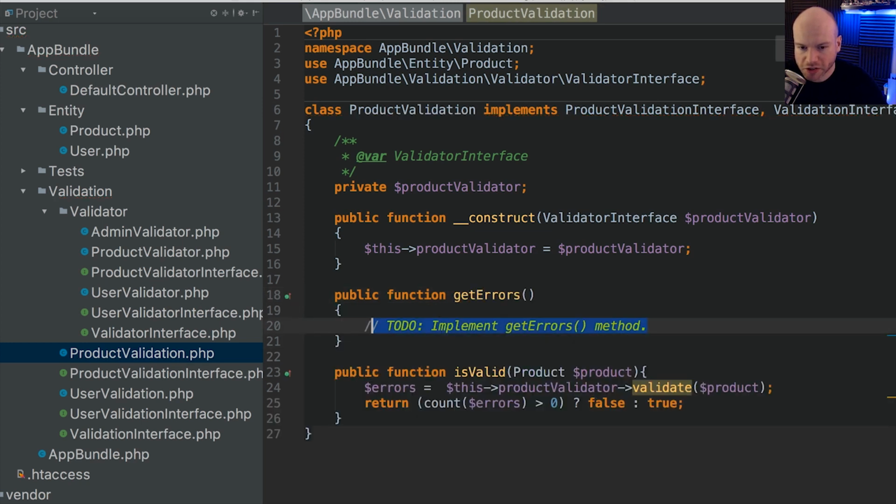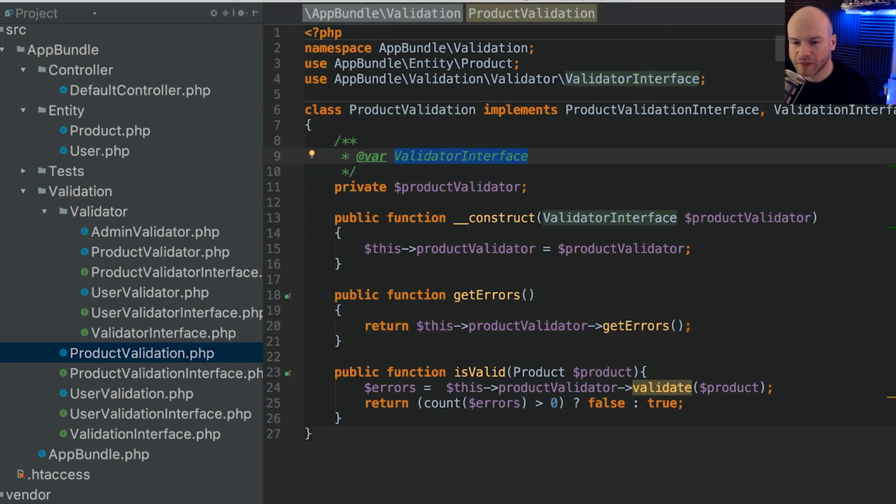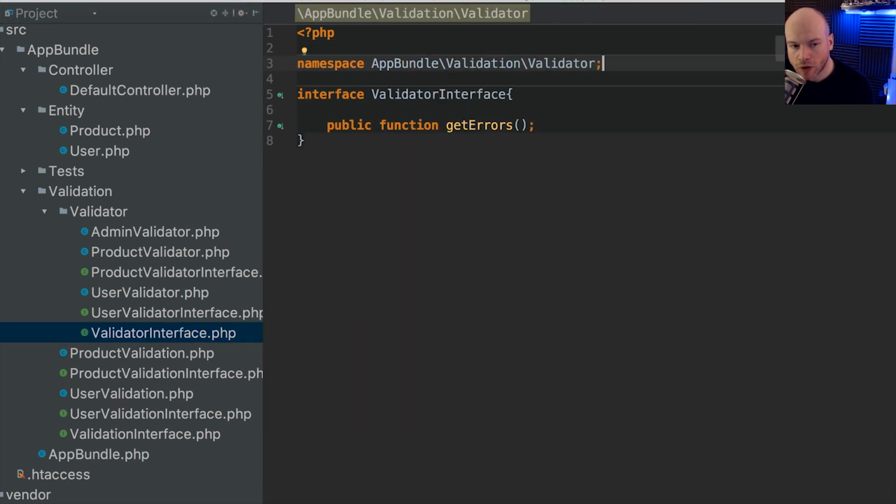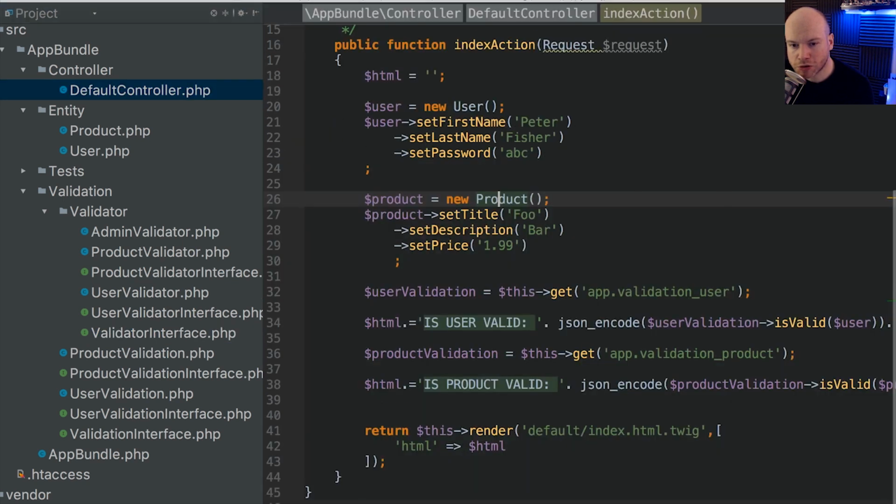And that is going to do this product validator and its get errors like so. And we can access get errors here because it is a validator interface. Okay, so this could be a user, this could be whatever, but as long as it adheres to the validator interface, we have get errors, because get errors is defined in here, which also means that in the default controller,